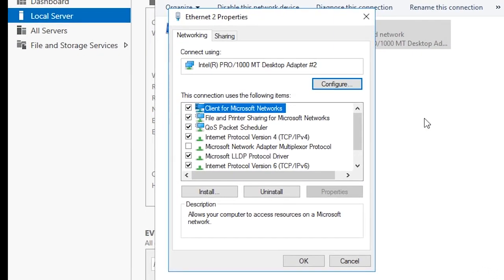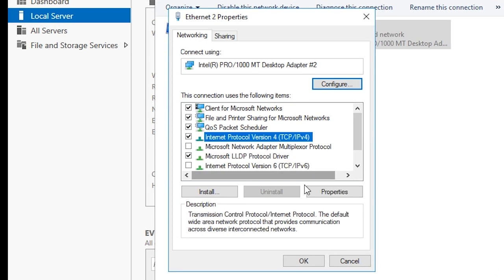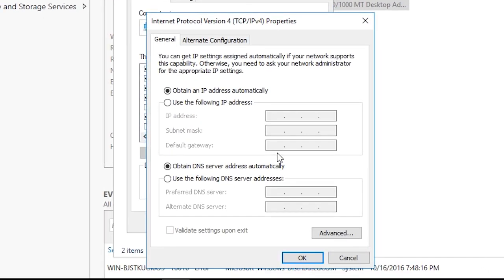Uncheck the Internet Protocol version 6 checkbox, as we will not be using this in this course. Select Internet Protocol version 4 and choose Properties. Check the Use the following IP address checkbox, and for IP address, use the IP of